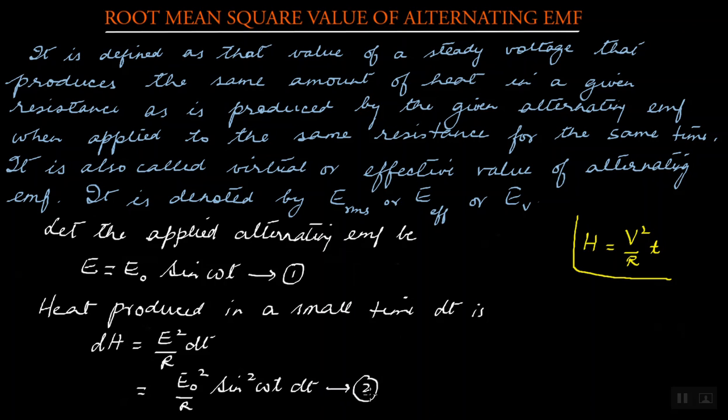Let's call this equation 2. Now let us find the total heat produced in one cycle. One cycle means a time from 0 to capital T. Therefore, the total heat produced in one cycle,